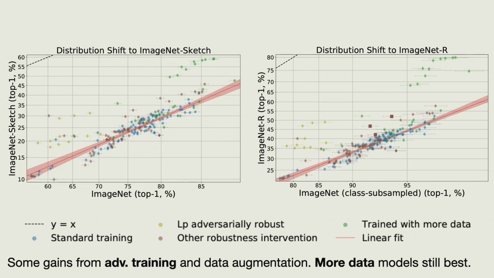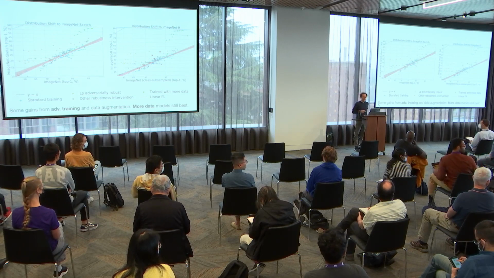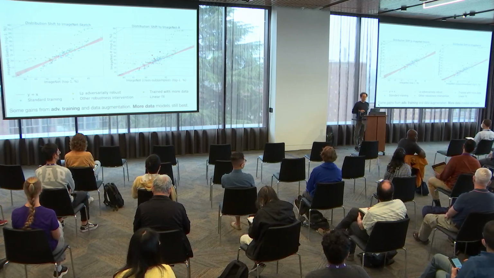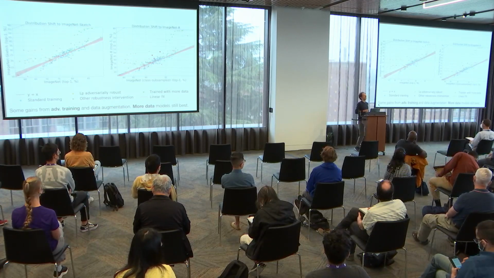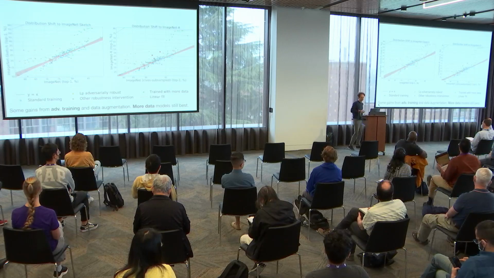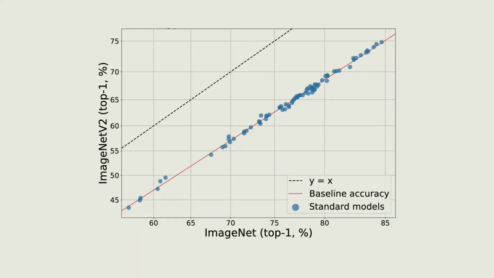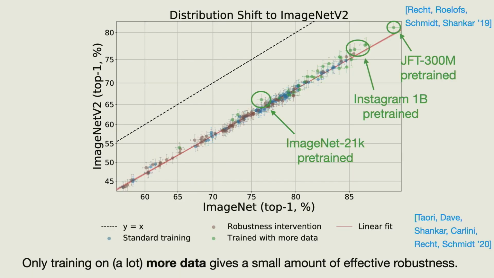I think Ross has a question. The green points, do they correspond to models that were on that original line, just with more data? Yes, exactly. These are the same architectures. Yeah, good question. So let's make sure we're on the same page here. These blue model points all involve the same training algorithms, architectures, and hyperparameter settings that you also have with the green points that are more robust here. So the only thing that changes is the training scale.